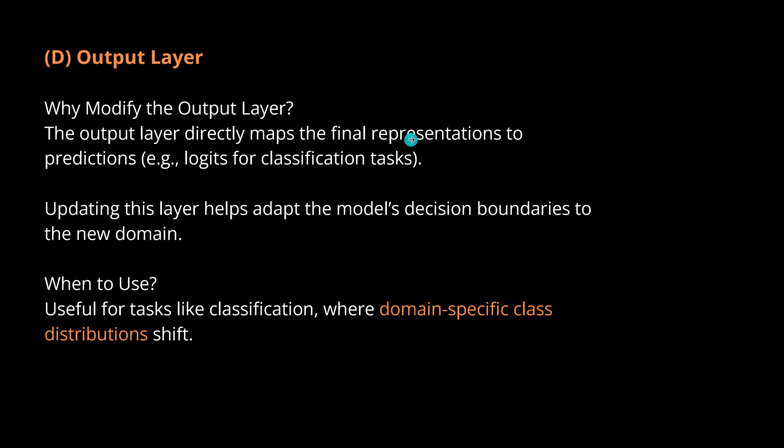And then finally, the output layer. When should you do this? For example, the output layer directly maps the final representation to the prediction classes or the logits for the classification task. So updating this layer helps adapt the model decision boundaries to a new domain, to an added domain. If you have a classification task where a domain-specific class distribution shift occurs, and now you do not have only a classification like, I don't know, sunshine, stars, but now you add, I don't know, some rain or snow to the